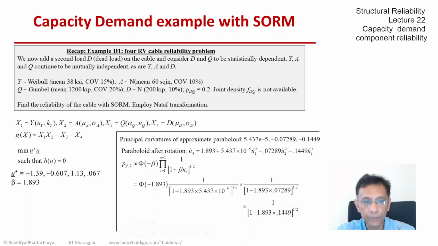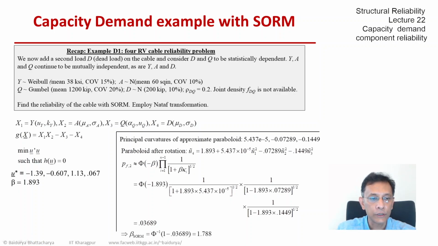So looks like we are going to have a higher failure probability when we employ the SORM corrections, and that's the answer, 0.036. And if we find the equivalent beta by inverting the normal CDF, we get a beta in SORM, an equivalent beta of